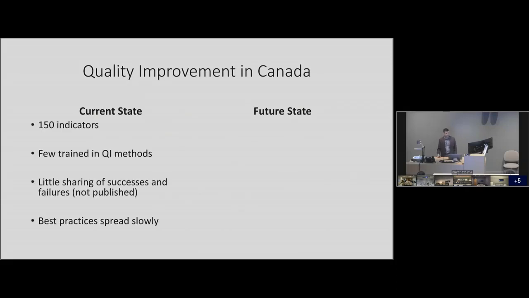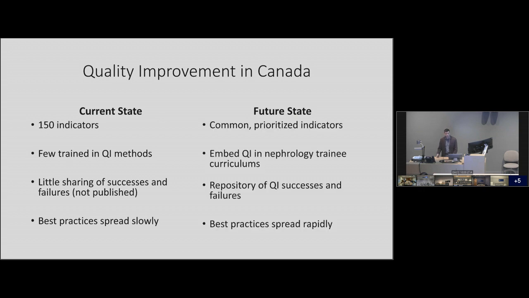So we can think of our current state where we've got 150 indicators. We're starting to get more people trained in quality improvement methods. We have little sharing of our successes. They're not published. There's no repository for things that are working in one jurisdiction or not. So things are spreading slowly, where we can come up potentially with a future state where we have common prioritized